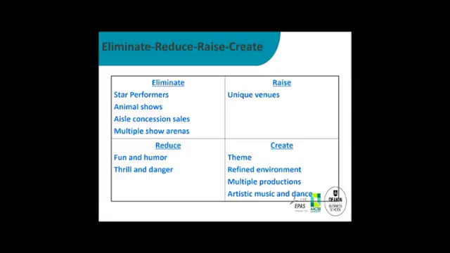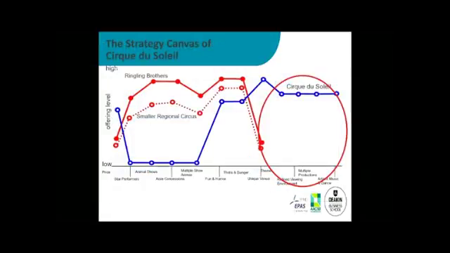They've got 3 different shows on at different times in the day, and you go and see all 3 different shows maybe. That was really good. I reckon I want to go and see the underwater show because that looked really good too. They ran for a couple more weeks. Get some friends together. We'll come back again. Repeat business. So they can have multiple productions because they had the scope to do that, whereas a traditional circus doesn't. Artistic music and dance are part of the theatre.